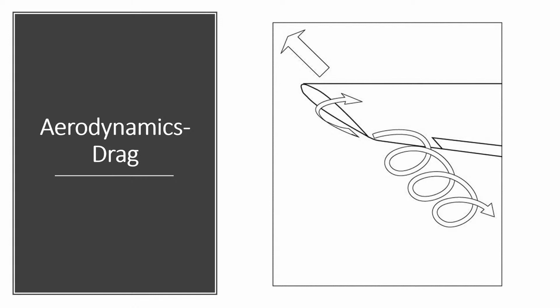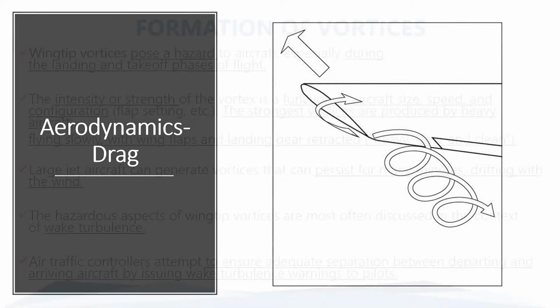I don't know if anyone here has ever jet skied or been on a lake. If you have a large boat that passes you, that boat creates a wake in the actual water that you can physically see. It's very much the same thing, but it's making a wake with the air. And if a smaller airplane gets trapped in a larger wake, that can pose a hazard specifically during the takeoff